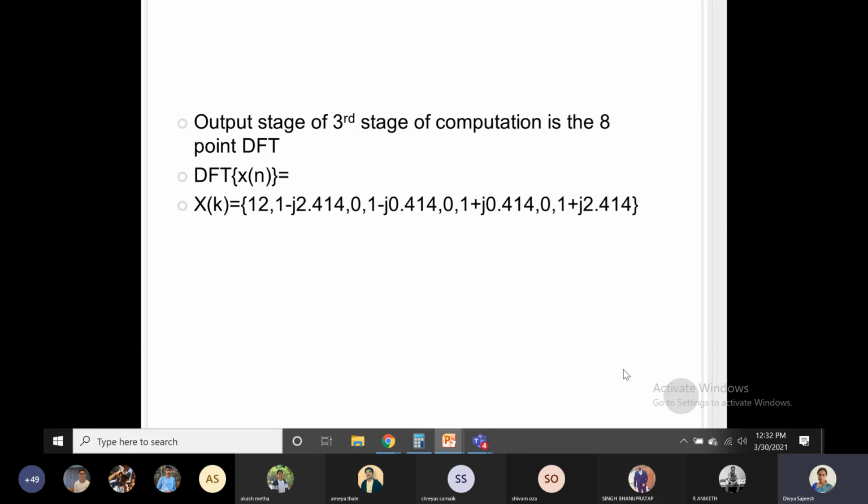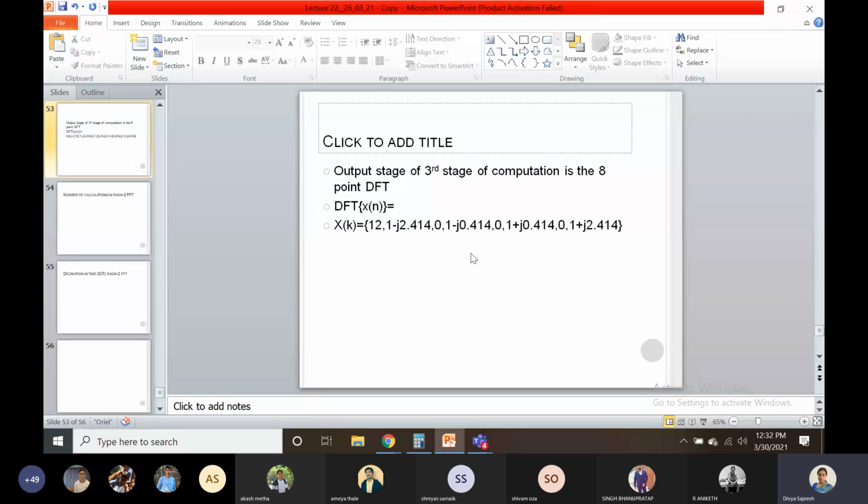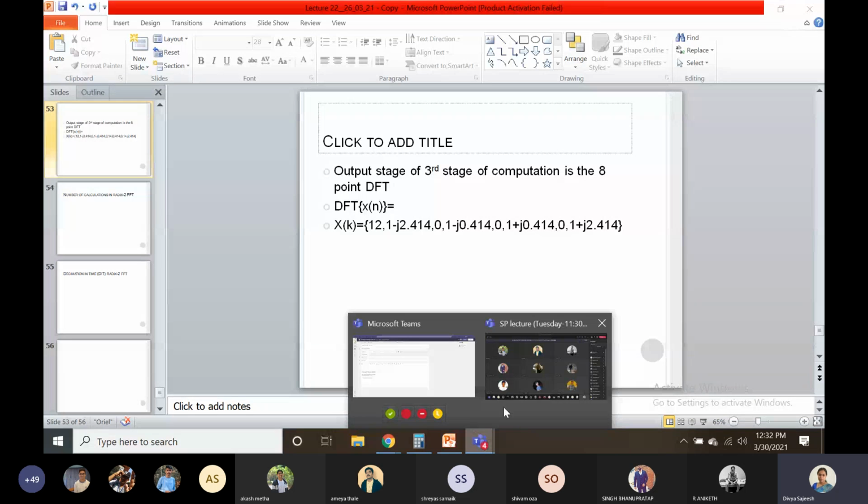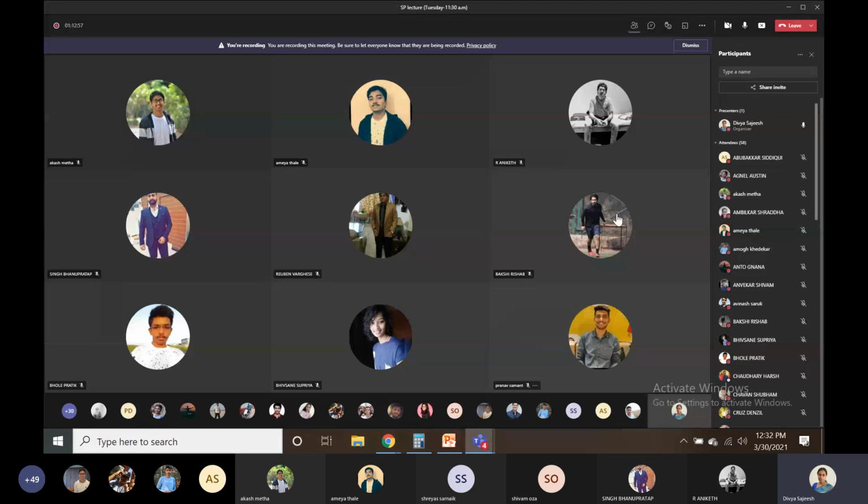Okay. So you can plot X of k versus k to obtain the phase spectrum, and this is the magnitude. So this magnitude as well as phase will be there. You have to write it in the polar form to obtain the magnitude and the angle separately, so that you can plot it in the graph. Okay.